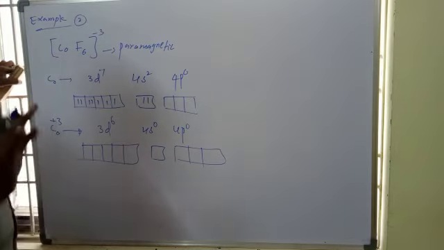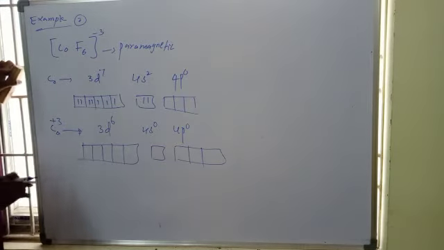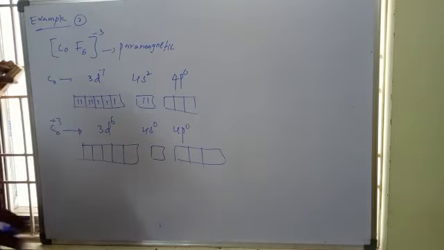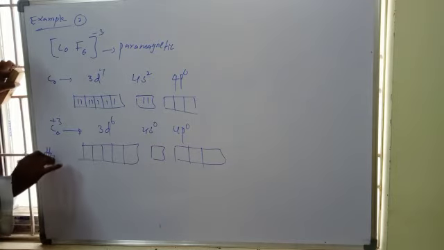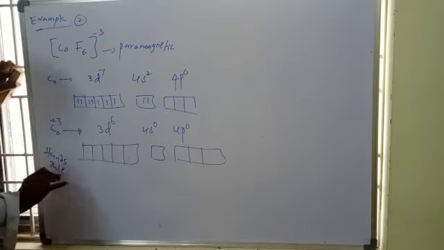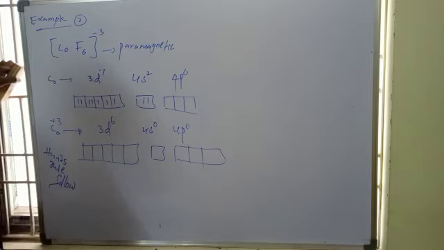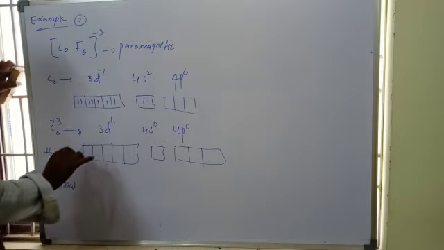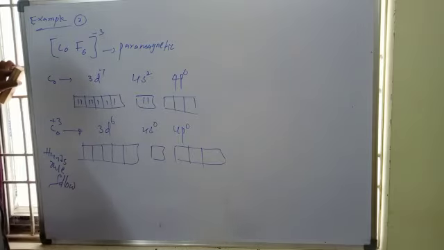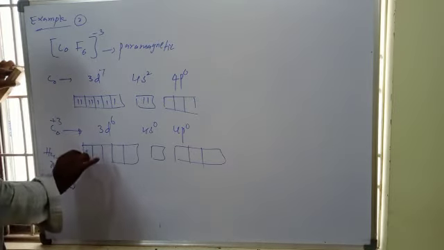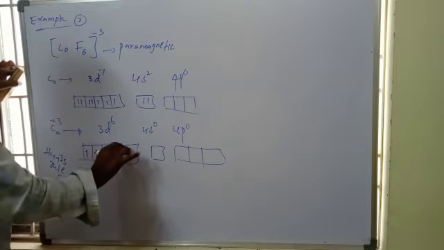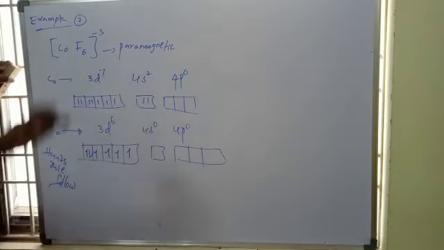Here Hund's rule is followed, because fluorine is the ligand, which is a weak field ligand. In some complexes Hund's rule is followed, and in some complexes Hund's rule is not followed. Since this complex is paramagnetic, unpaired electrons must be present. So electrons fill 1, 2, 3, 4, 5, and then after that pairing begins, as Hund's rule is followed.